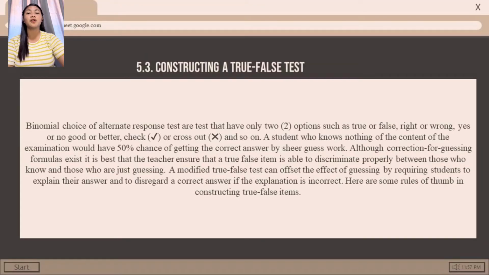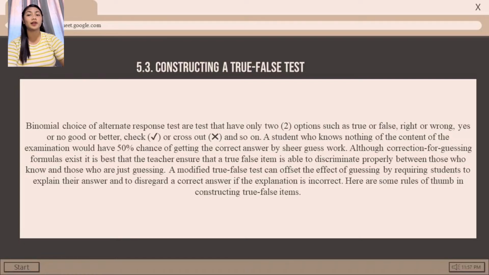Constructing a true or false test. Binomial choice or alternate response tests are tests that have only two options, such as true or false, right or wrong, yes or no, good or better, check or cross out, and so on. A student who knows nothing of the content of the examination will have a 50% chance of getting the correct answer